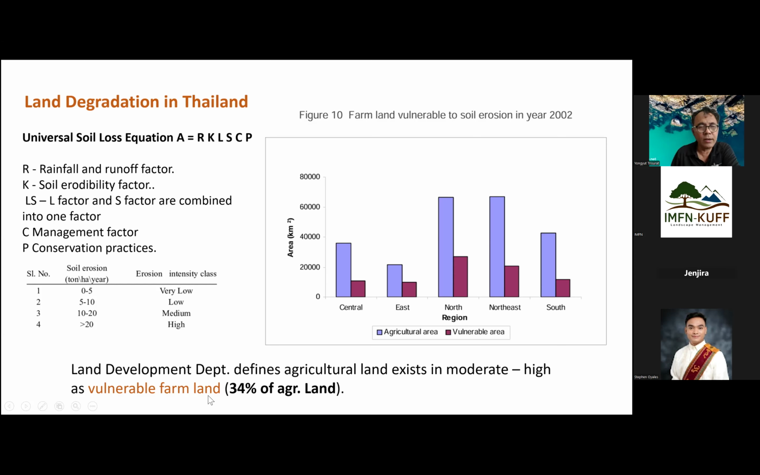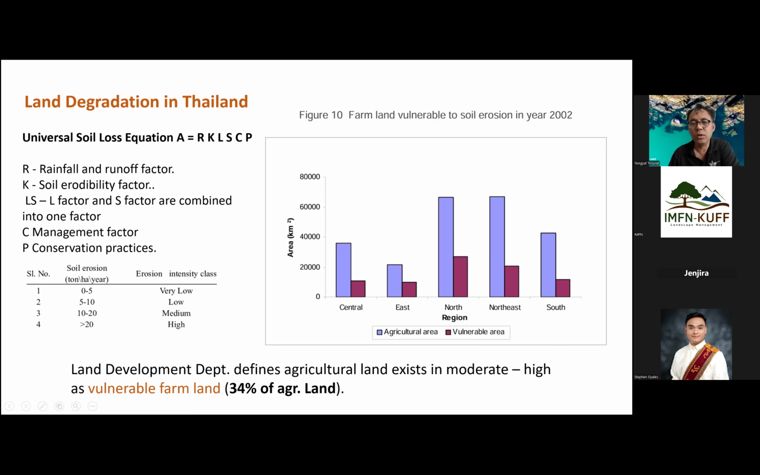So those agricultural lands will be classified as vulnerable farmland. It means a lot of agriculture faces topsoil erosion. At the national level, about 34% of agricultural land is defined as vulnerable land for soil erosion, particularly in the north and the northeast of Thailand, whereas in the east and the central,